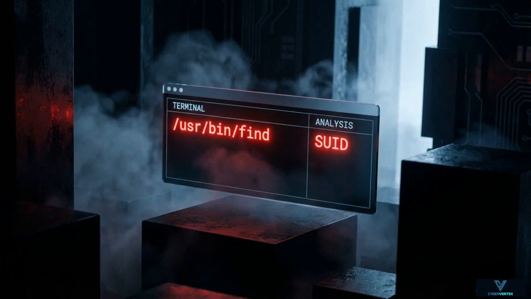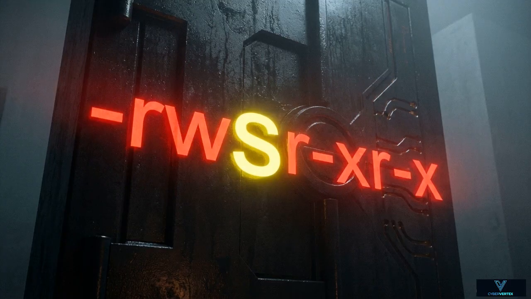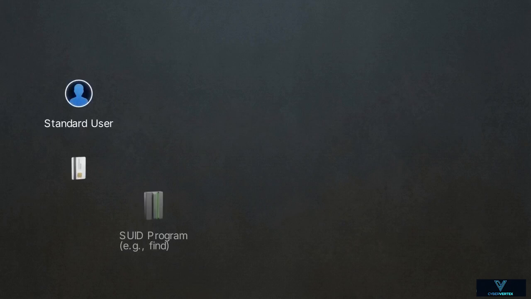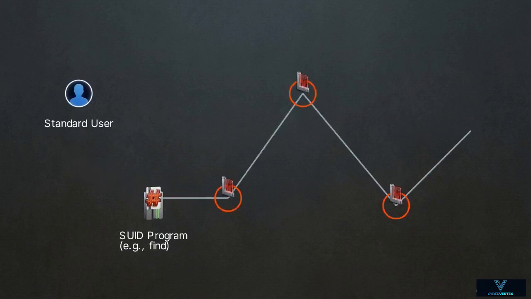In this system, the enumeration tool flags a specific vulnerability. The standard Linux find binary is operating with an SUID bit set. SUID, or Set Owner User ID, is a special file permission. When applied, it allows a standard user to execute the program with the absolute privileges of the file's creator, usually the root administrator. Assigning this trust to a basic search utility means anyone running the find command momentarily borrows the